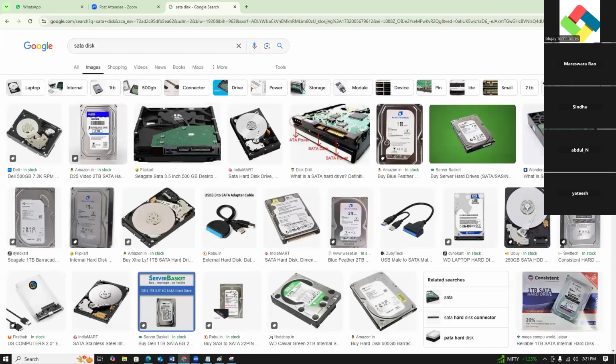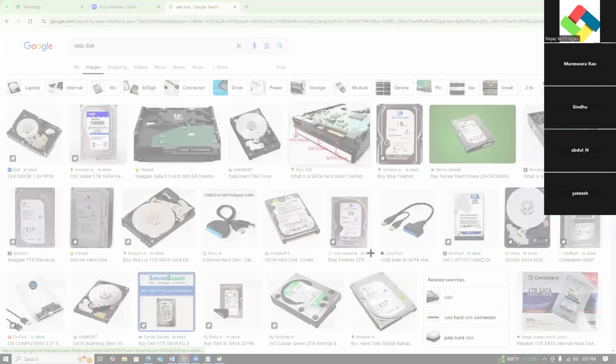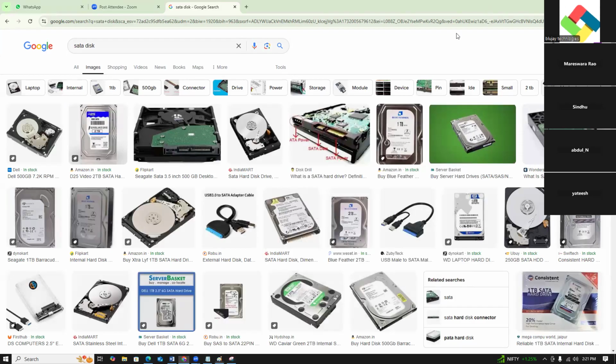These are the hard disks. Guys, understood? So this is the hard disk, right?